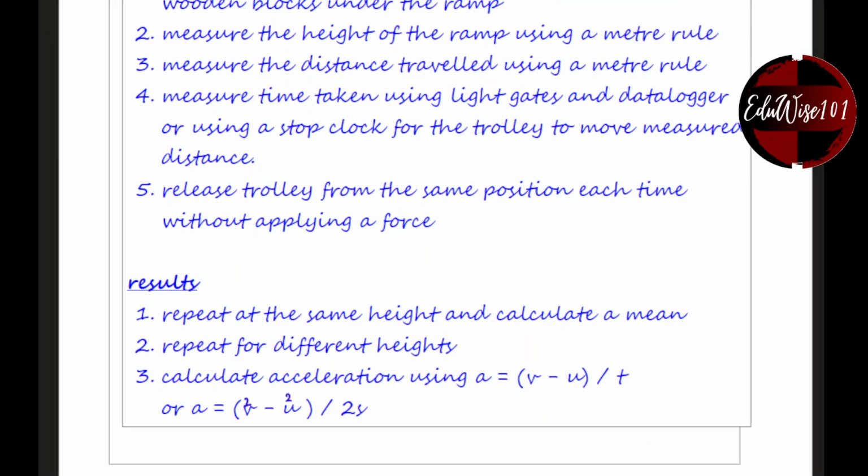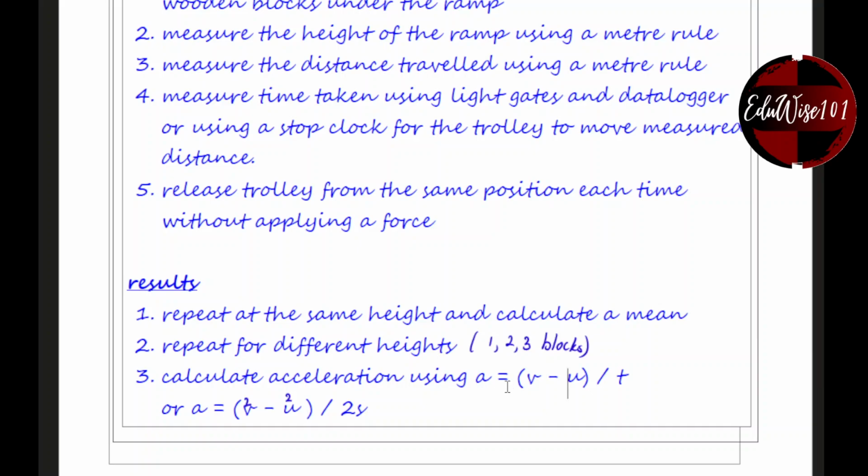How would you analyze the results? Repeat for the same height and calculate a mean. Repeat for different heights. So when you say different heights, you could say 1, 2, and 3 blocks height. Calculate acceleration using the equation v minus u divided by the time. So final velocity minus initial velocity, which is going to be 0, divided by the time, or you could